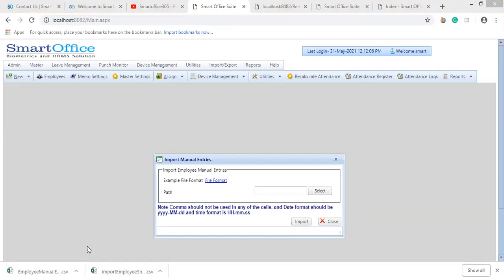So this is a manual entry sheet. Means instead of assigning manual entries in bulk, if you want to import them, say for example, employee code 101, log date is for today, and log time, say 9:30, is an in punch, direction is in, remark, I'll just leave it blank.